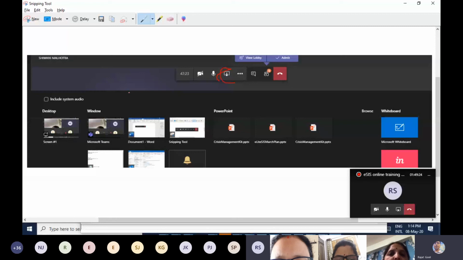And a drawer comes up on your laptop or desktop, and it shows multiple options like this desktop. If you want to share the whole desktop with your students, your attendees, your audience, then you can share this particular screen, screen 1. Otherwise, you have the option to select a particular window to share with your audience.